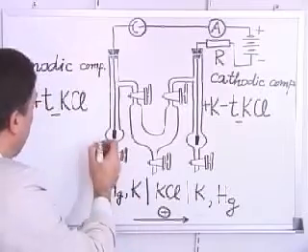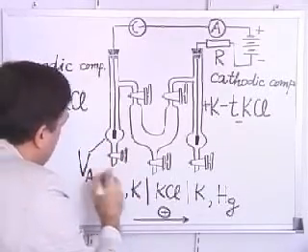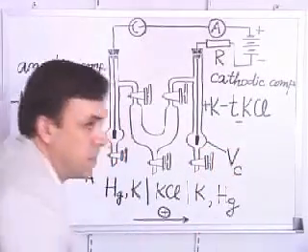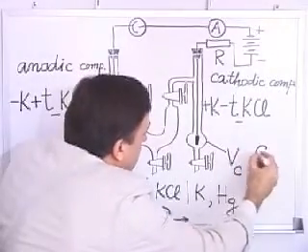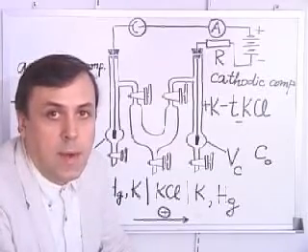Now, if we denote by VA the volume of the anodic compartment and VC the volume of the cathodic compartment, and also if we denote by C0 the initial concentration of the electrolyte, we may write,